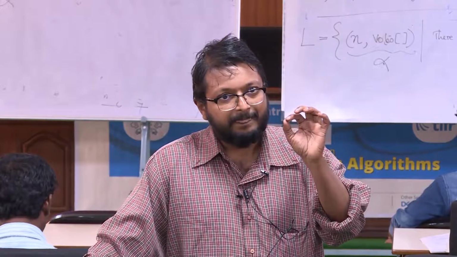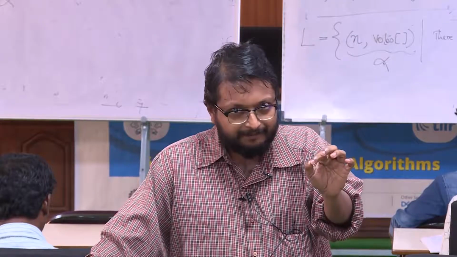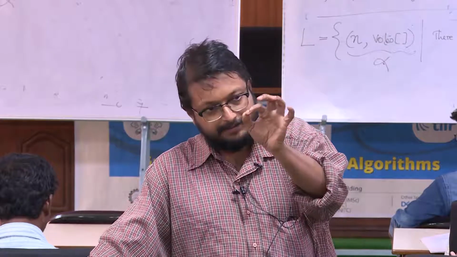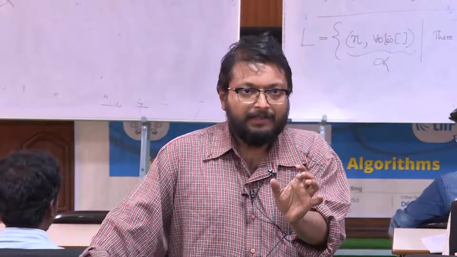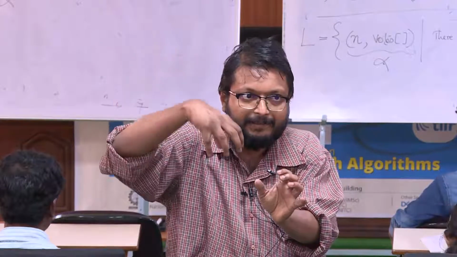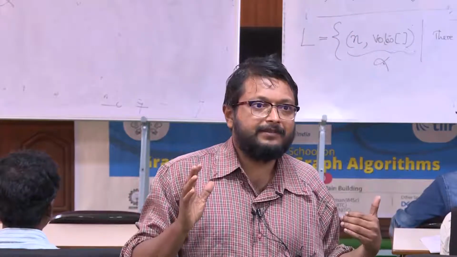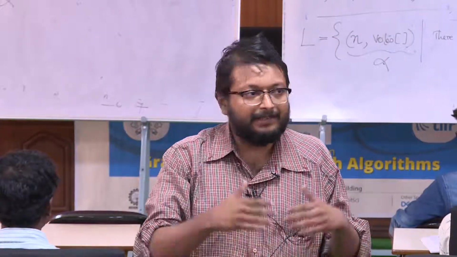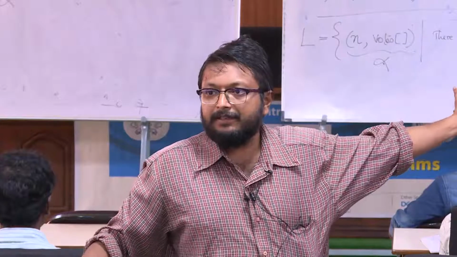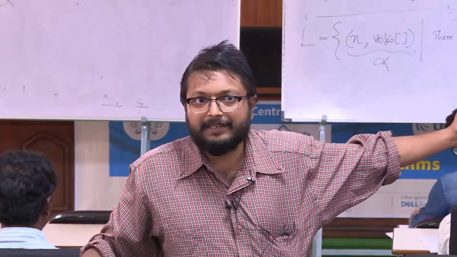A language is verifiable if there exists an algorithm which is a verifier, such that for each problem instance, if the answer is yes, you can also supply a second input which makes the verifier accept. And if the instance is a no instance, whatever certificate you supply, the algorithm should reject. Now in this case, are you convinced that your algorithm satisfies these two constraints?